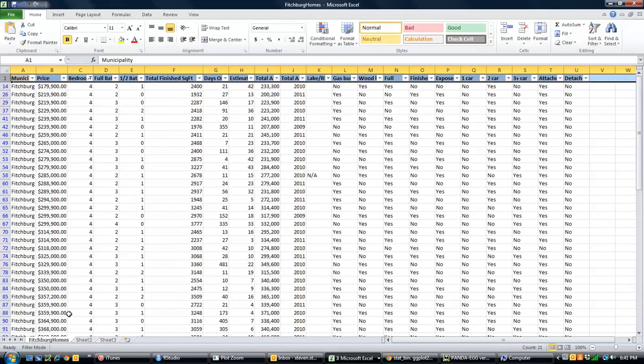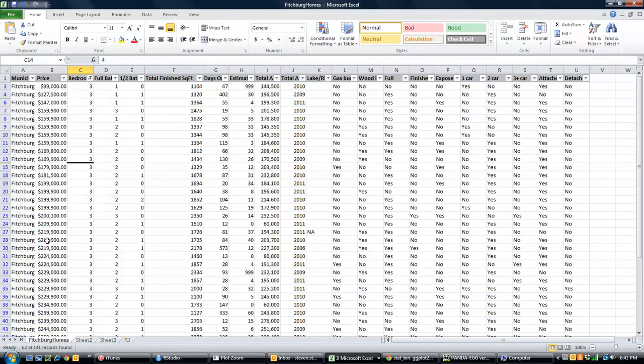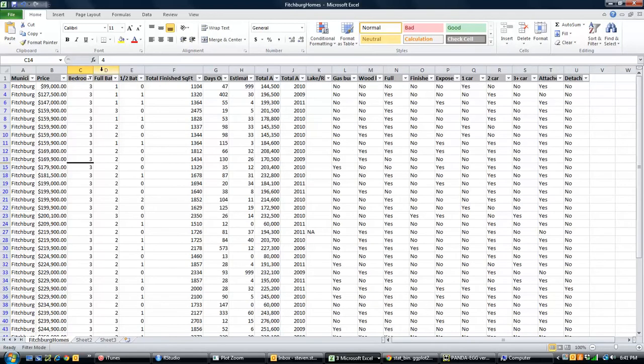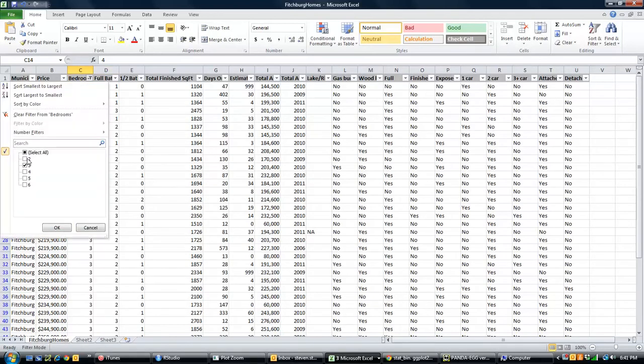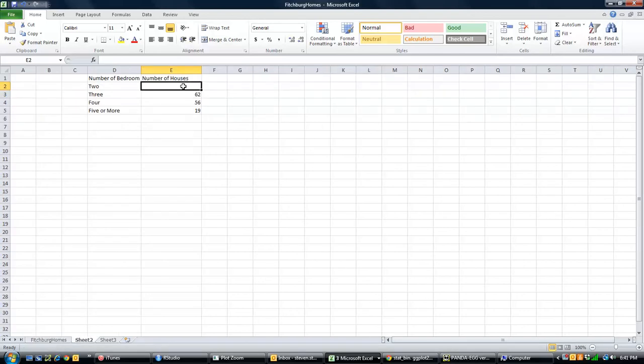And we just do the same for 3 and 2. So for 3, down here we see 62 homes with 3 bedrooms. And 2. Just 4. Kind of wonder if those were misentered. Were there really some 2-bedroom homes in Fitchburg? Who knows? Okay, so now that we have a table